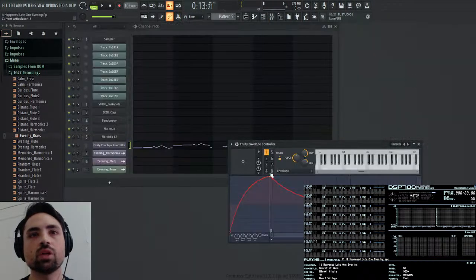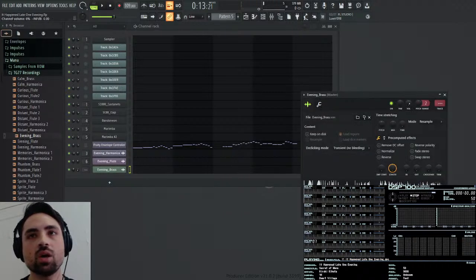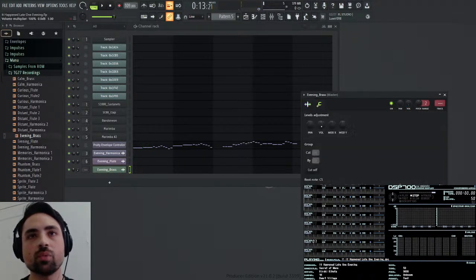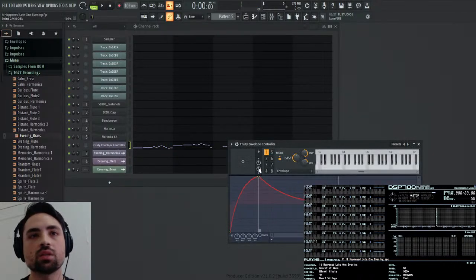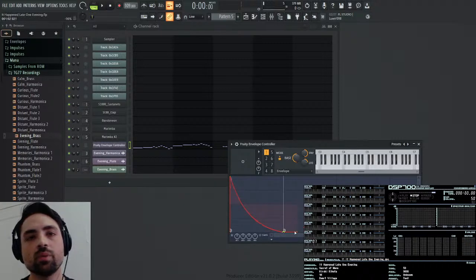Now, one problem here is this envelope is not right. The other problem is the recording is too loud, because now we're controlling this envelope and the volume goes all the way to full. So we want to take down the multiplier now so that full is now 50%. And now we want to make the envelope right. So let me give it no attack, and let me give it some decay, and let me set the tempo for a bar. And let me give it no release because that's going to mess up the notes.